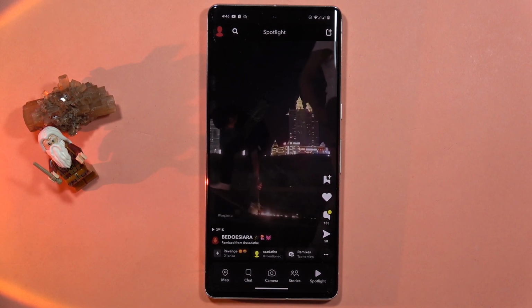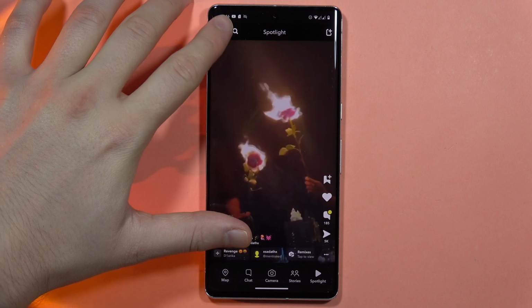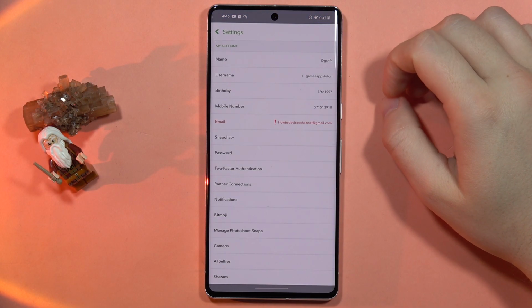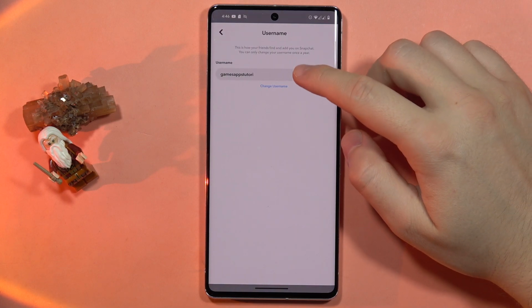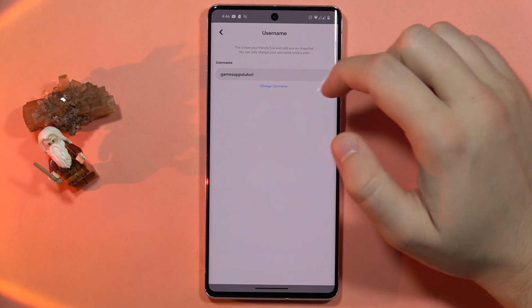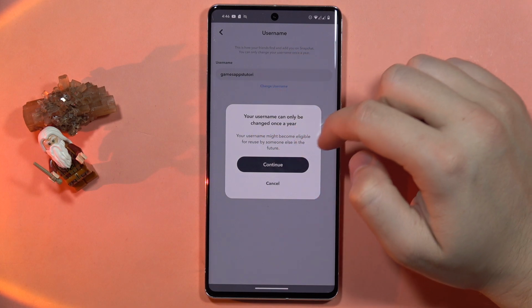Hey, if you want to change your username on Snapchat, first of all, you have to click on the left upper corner on this red icon and then tap on the right upper corner on the settings icon. Then from here, you will have to go into the username, and now you can easily change it by tapping right here. If it doesn't work, click to change username,